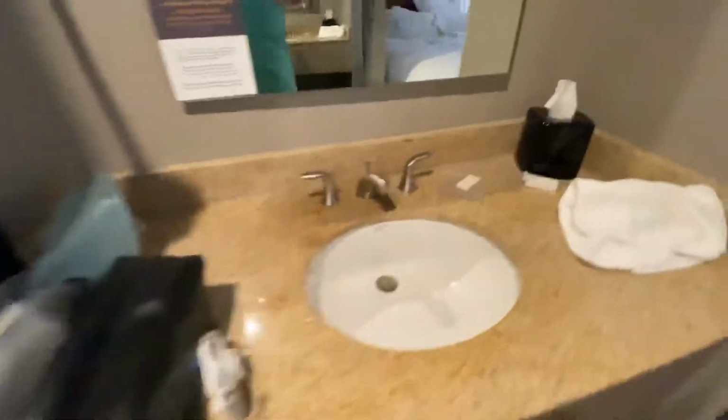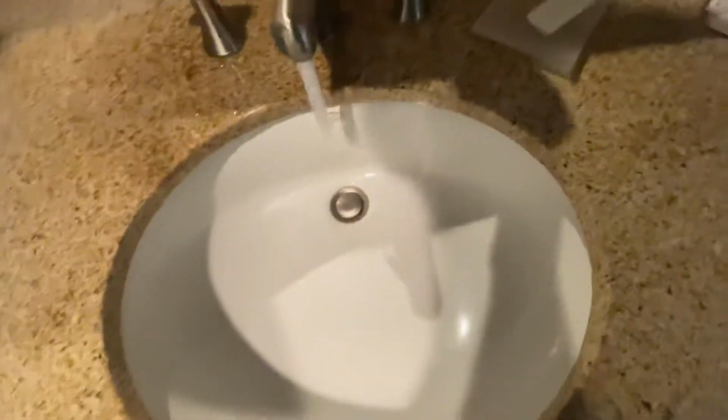Enclosed closet with an iron board. There's my S33. Anyways, here's a...